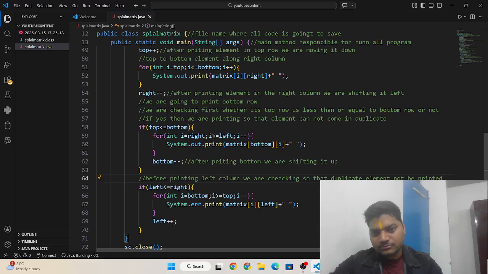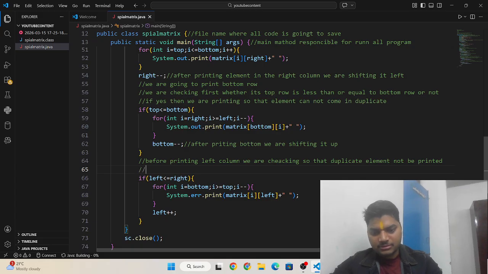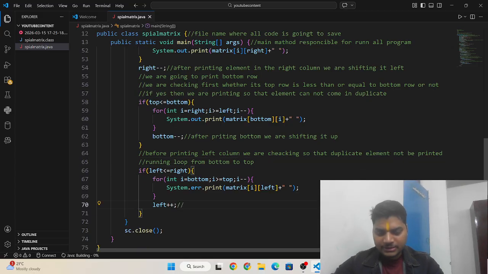Okay, and here we are running the loop from where to where? Bottom to top. Okay, and after printing all the elements, we are shifting left to right.